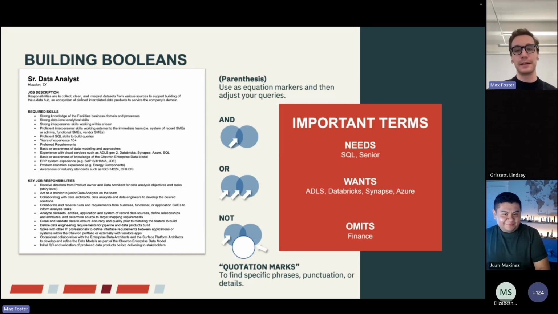And then omits, let's just say for the sake of this, I tend to always use this, but let's just say we don't want anybody for some reason who has a fintech background or something like that. So let's just say no finance. So if you have the word finance in there, we're going to omit you. Everybody, I'm sure you're kind of going, okay, fine, but why are we doing it? Well, yes, I fully agree. You shouldn't be omitting anybody with finance in there. I think we're just going to use that as a demonstration for building the Boolean.